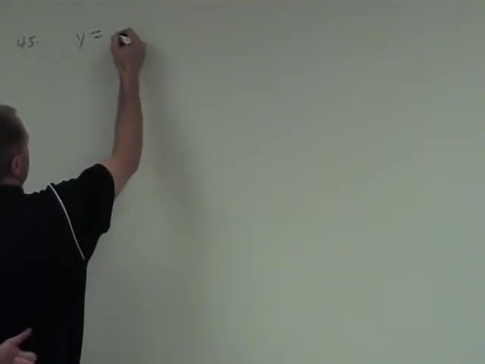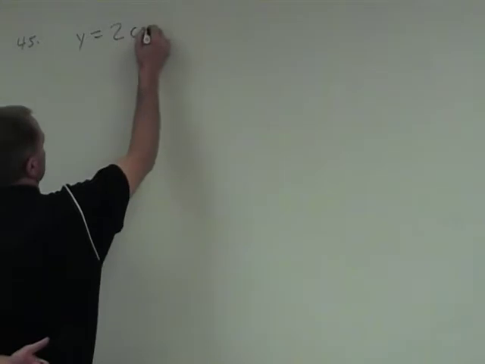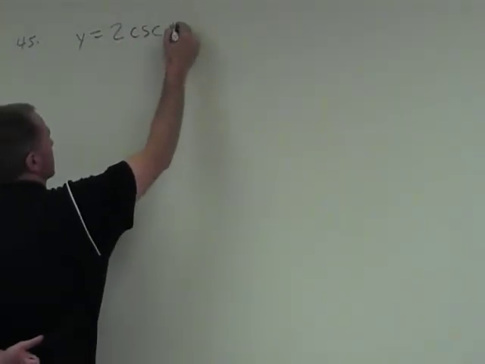What function is 45? 2 cosecant. Cosecant, what's yours? Same. It didn't matter. 3x plus 3. And what's yours? Pi x minus pi. Which one you want? All right, 45. Read it. 2 cosecant. Pi x minus